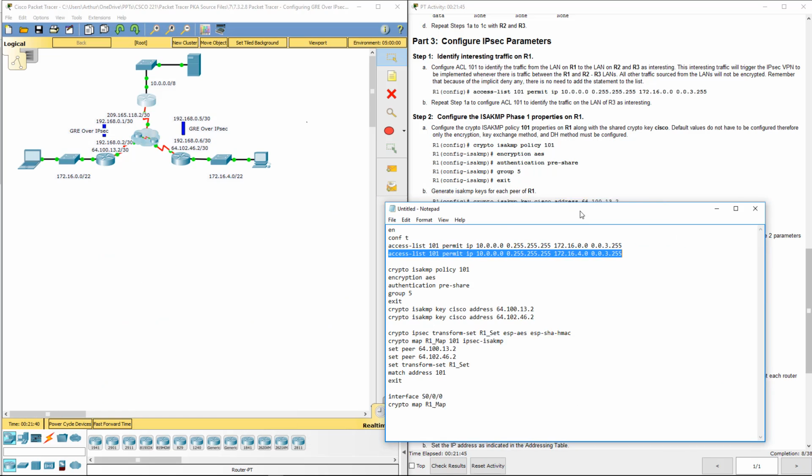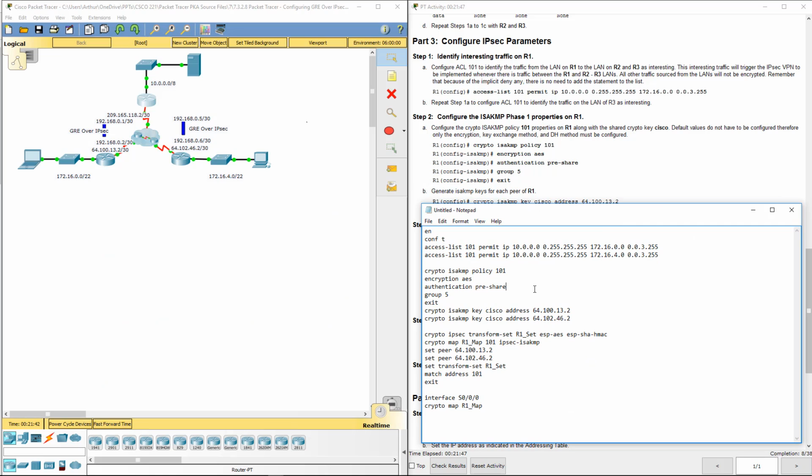So I'm actually going to move it over here. The access control list will only actually need 1. We need 2 on R1 because it has 1 from R2 and 1 from R3. So if we're doing R2, we only need just R1. And this is going to be connecting back to